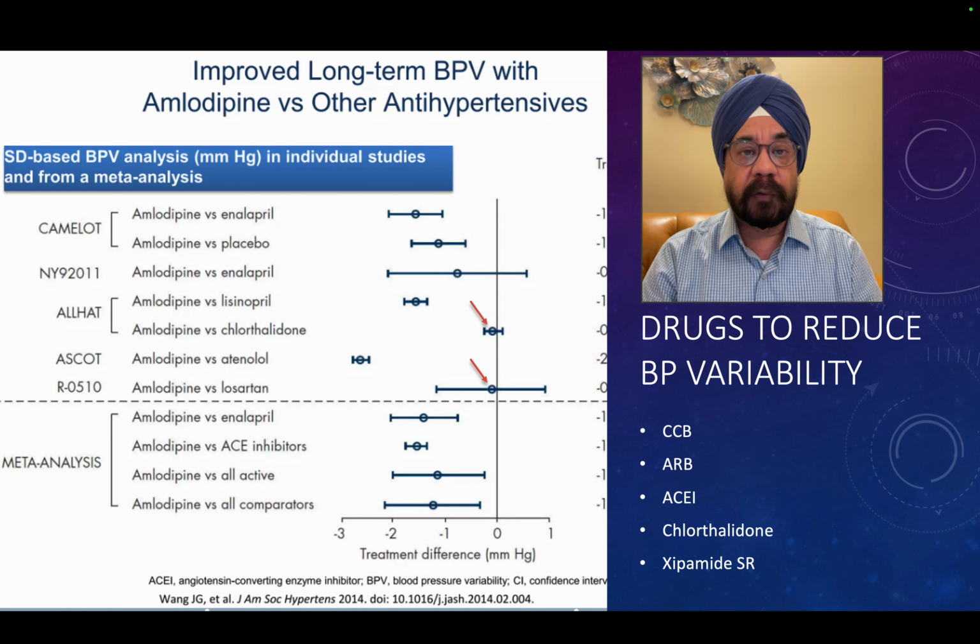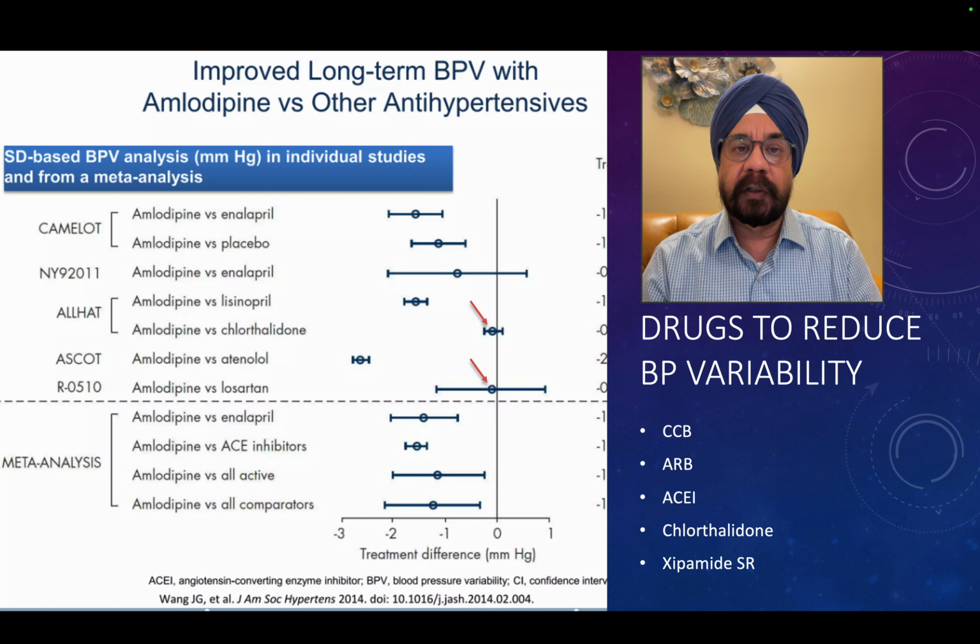Chlorthalidone, apart from longer half life, makes sodium go out of the body and reduces sodium sensitivity of the arteries to blood pressure. So that's the reason the BP variability effect is wonderful. To give you an example, we were wondering in the ALLHAT trial where chlorthalidone was used, why there was a reduction in mortality over and above other medicines used as compared to that. The reason now we understand is that chlorthalidone was a wonderful drug to reduce BP variability and had an impact on cardiovascular mortality and morbidity at that time.